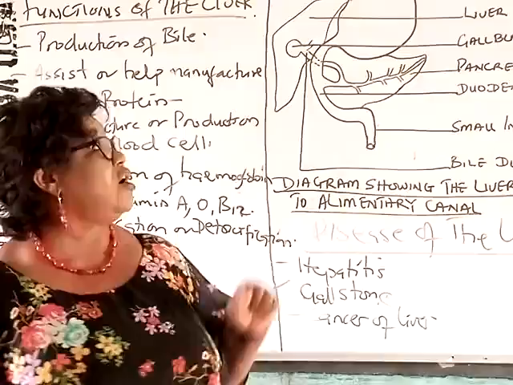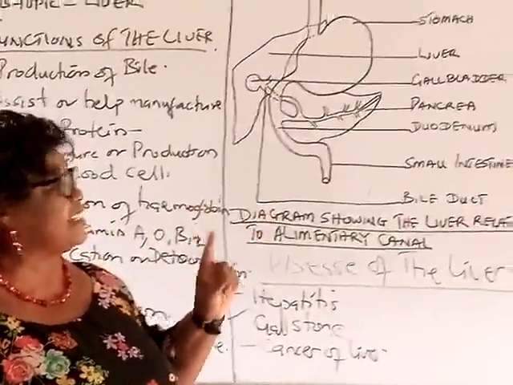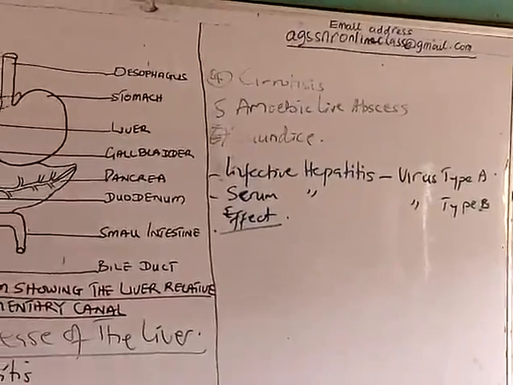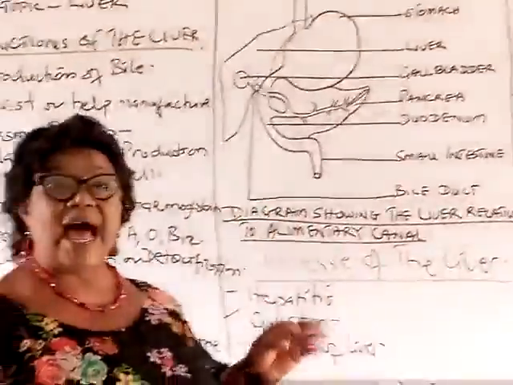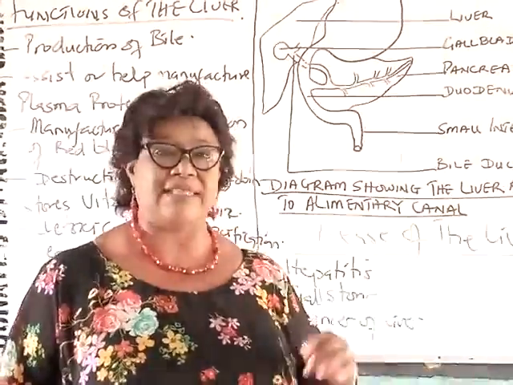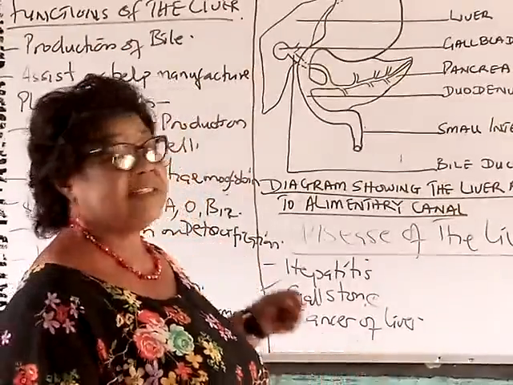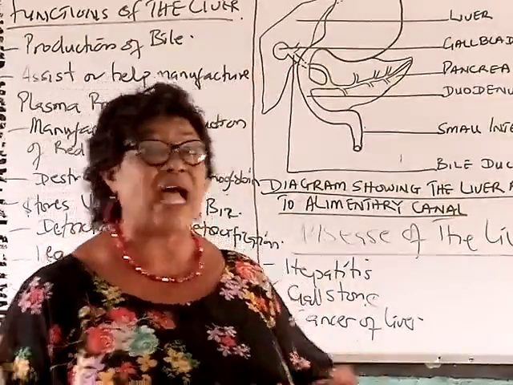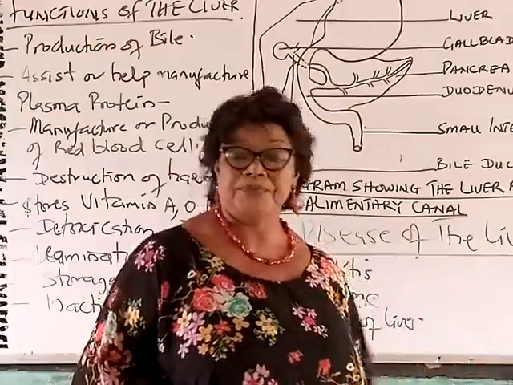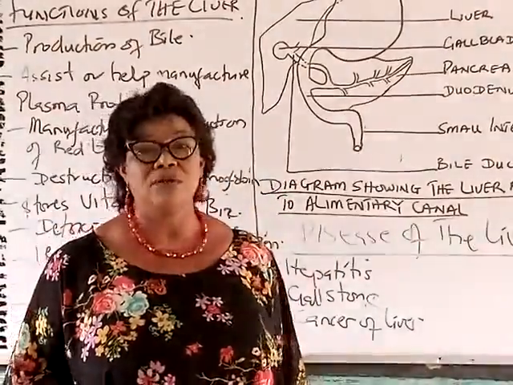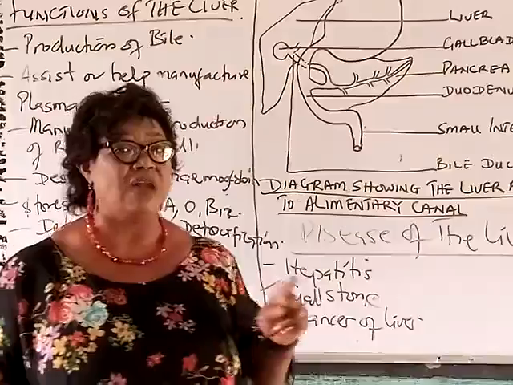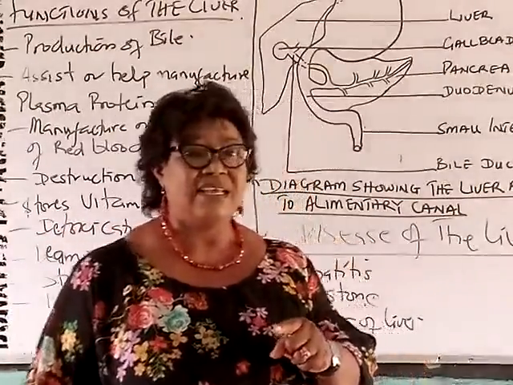Please go to the online email of AGS, the Abeokuta Grammar School Senior Online, at gmail.com. Go there and ask me any question on what you have done so far. The questions on homeostasis, the organs that are involved, like the kidney, as well as the liver. When next we come, we know there are other organs involved in homeostasis, like the skin, as well as hormones. But this time around, I would like to take up a topic which I advise you to go and look at, and that is microorganisms in action.